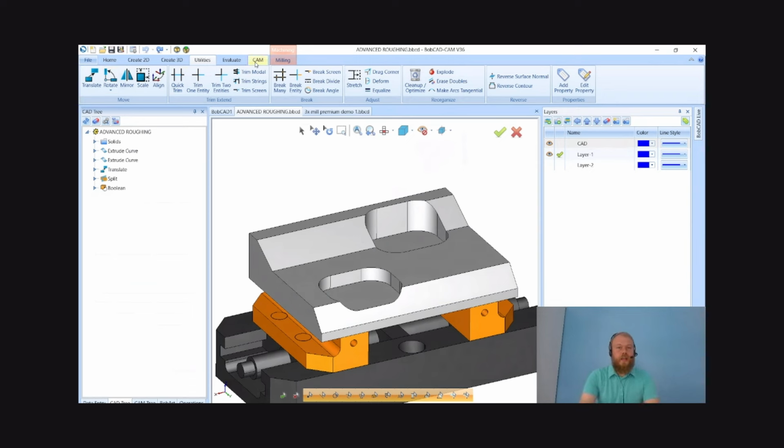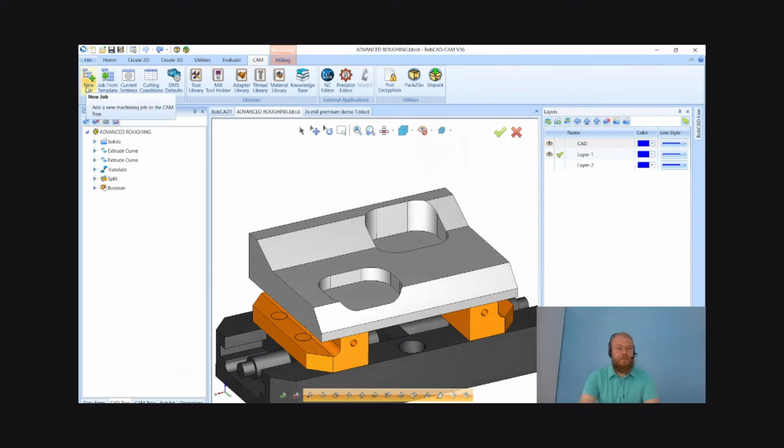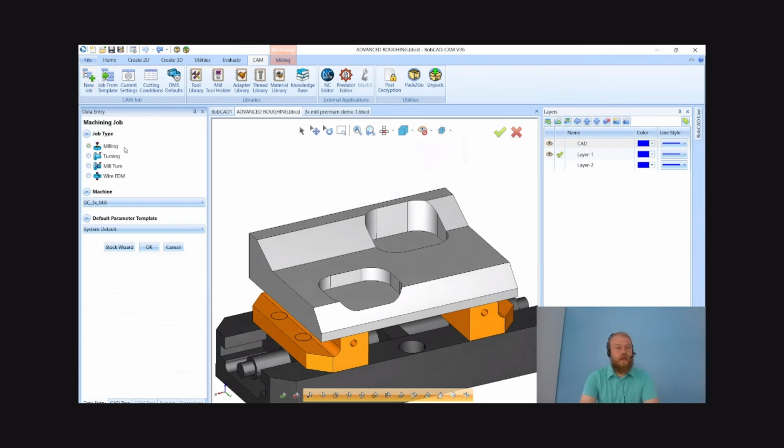So we'll go to the top and go to Cam and go to a new job, and it'll be a milling job type. We also offer turning for lathes, mill turn for lathes with live tooling, and wire EDM machining. Under the milling job type, under the milling machines, we have our 3-axis mill. We also offer laser, plasma, water jet machining included in the milling portion of our software program. We also offer 4-axis milling and 5-axis simultaneous milling as well. So we'll select our 3-axis mill,